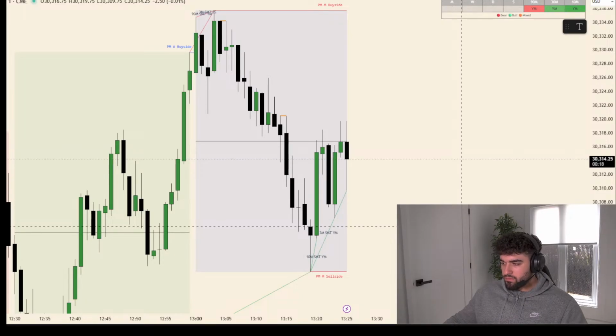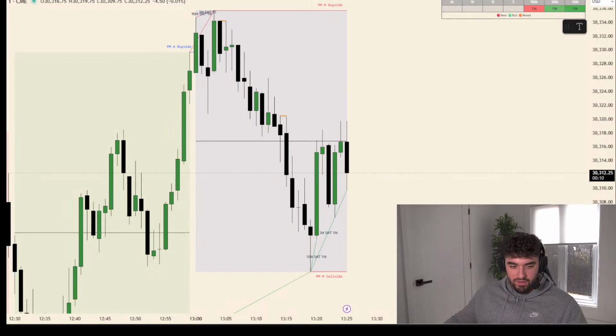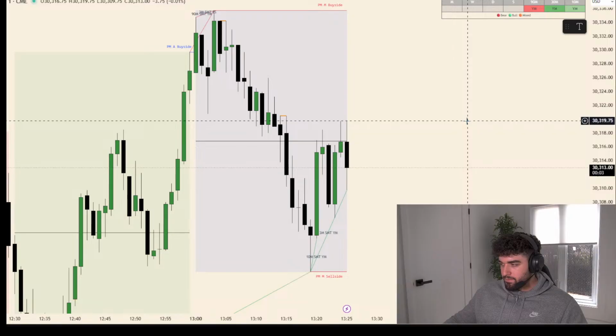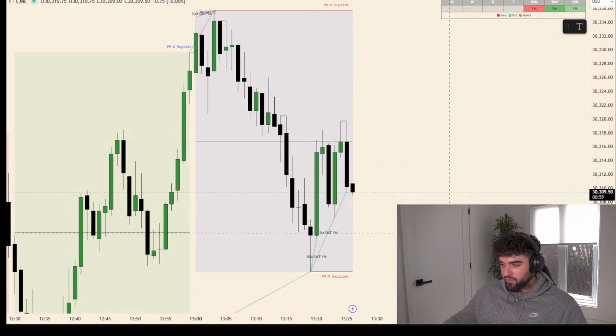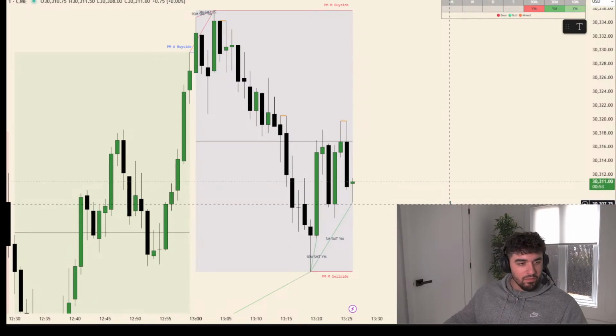Oh shit! The entry. I don't even have my platform open. I don't like entering late in entries. No, it didn't go high. It only went up to 18. The 313 was an excellent trade, guys. Your entry was 13. Going to 20 is like 70% of the way. The exit is 24. Yeah, it hit all the way up to 20. It went to 319.75. That's a beautiful trade here, and the lower it goes, the more beautiful it is. I just can't get it because my platform isn't open.